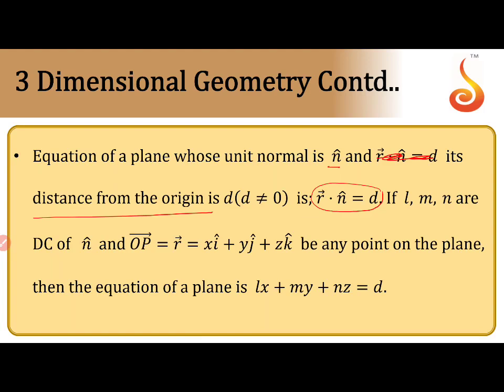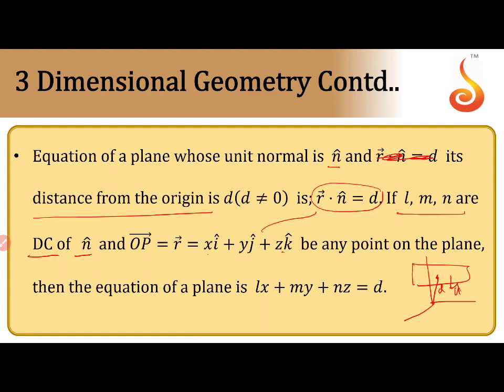There is a plane, I will give just a diagram for you. The distance from origin to the plane is d units and the unit normal vector is n cap. In this case, the vector equation of the plane is r dot n cap equal to d. So d is the distance from origin to plane, n cap is the unit vector. So the components of the unit vector are l, m, n. That means if l comma m comma n are DCs of n cap, that is the component. And with r bar equal to xi plus yj plus zk, we will get the Cartesian form.